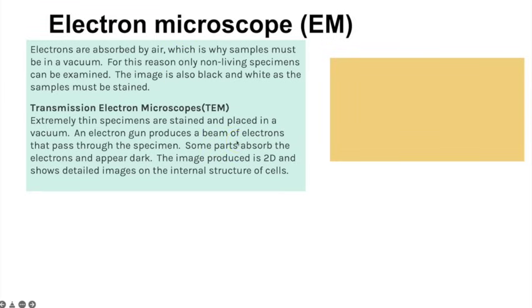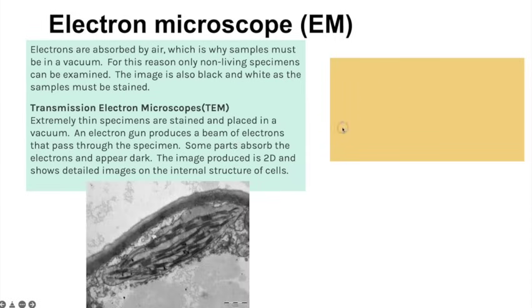So some parts of the specimen will absorb the electrons and therefore appear dark. Some parts won't, and the electrons will have passed through and they appear lighter. And we get these 2D images where we have the darker and lighter depending on whether the electrons were absorbed or not. And because there's a higher resolution, that is why we can actually see the details internally of some